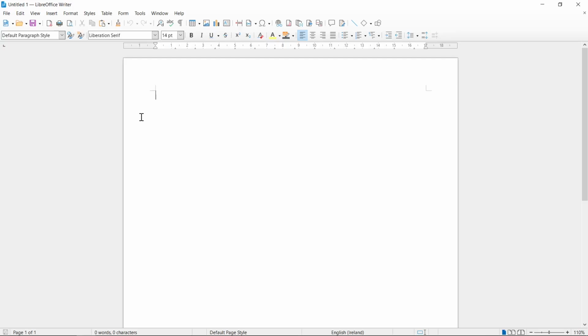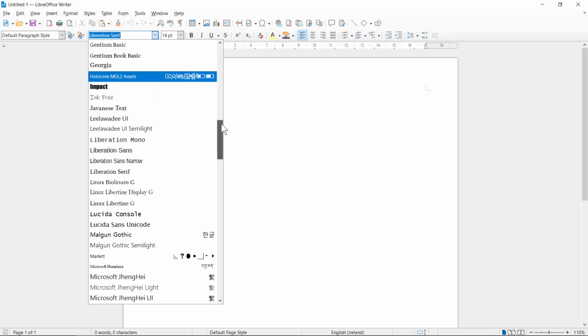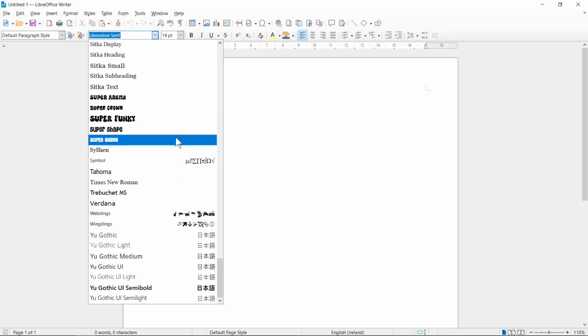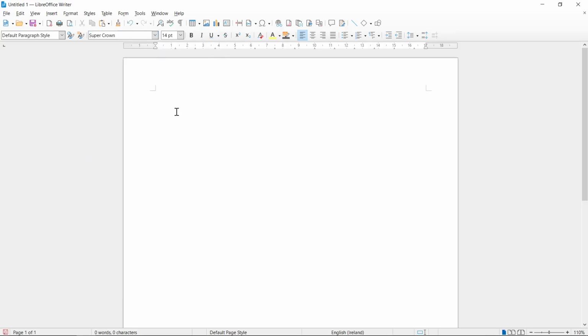Okay, so now I have created a new document in LibreOffice Writer. If I want to select the font that I have already installed, I need to go to this icon with font names. I click on the arrow and I need to scroll down, and as you see, the font is available here now, so it has been successfully installed and we can use it in LibreOffice Writer. So I select the font and I'm going to type something here, for example simple text, and as you see,